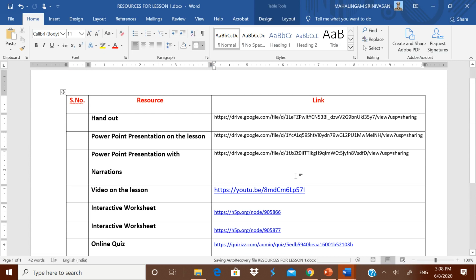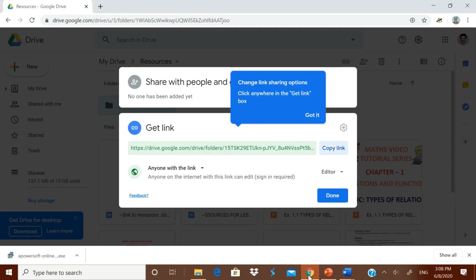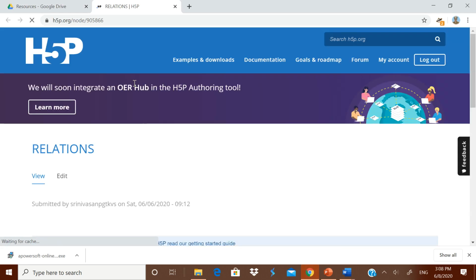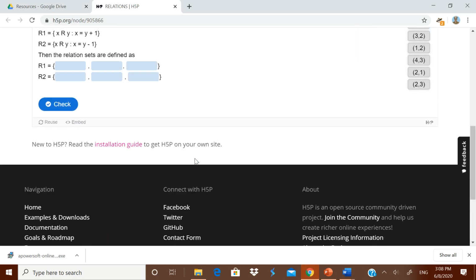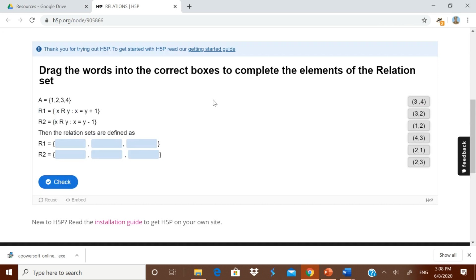Now you see all the resources are given link. Those who are getting it, they will simply click it and then they can go for it. For this link, whenever they keep it, you can directly double click, but for this they have to press control plus click. For example, if they control and click, automatically if they are connected with the net, then that particular H5P worksheet will open. You see the worksheet is open. You see, very simple. They can just use it.